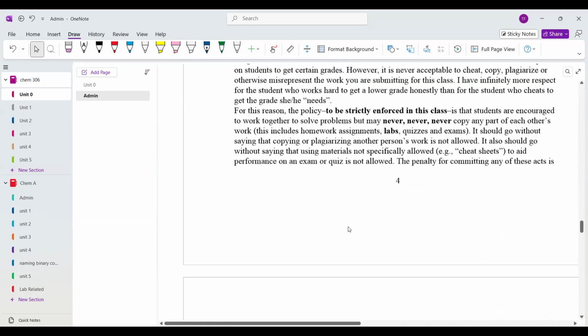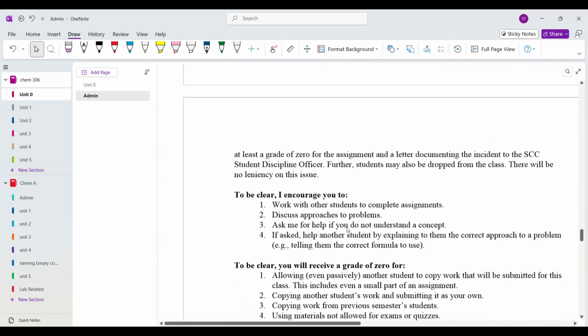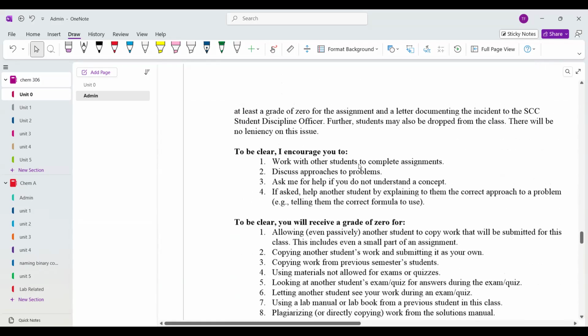So, disciplinary actions, that's cheating. You all know about that. I encourage you to work in a study group. There is a ton of research to support student achievement in study groups. And it really helps because you can meet on campus, you can meet at Starbucks across the street or whatever. It doesn't matter where. Even Zoom sessions you can do. But it really helps you master this topic.